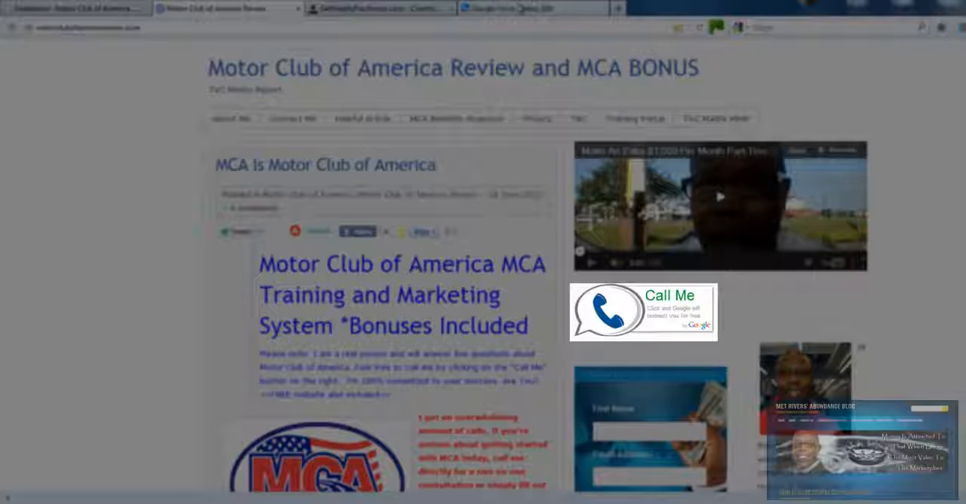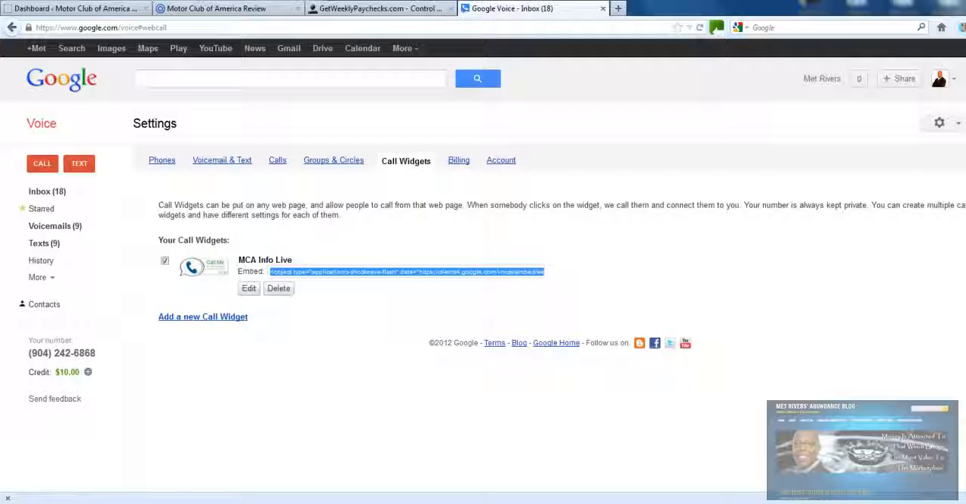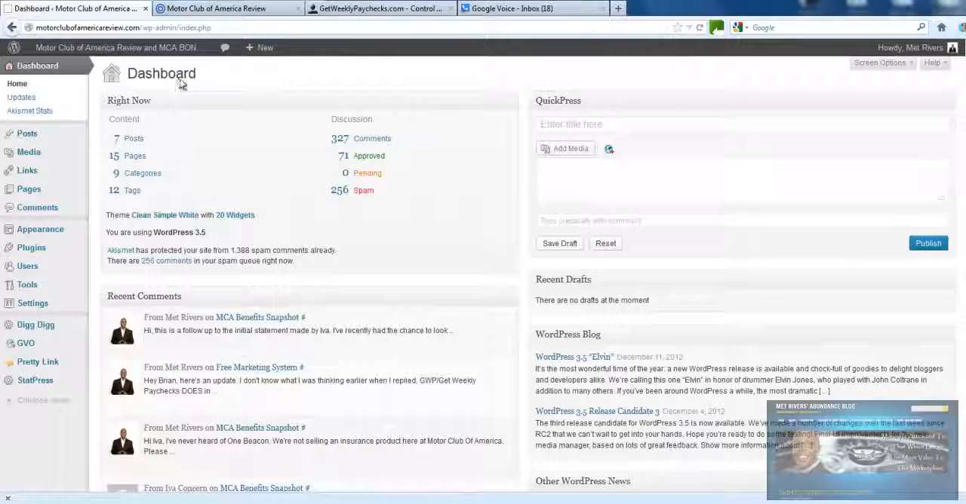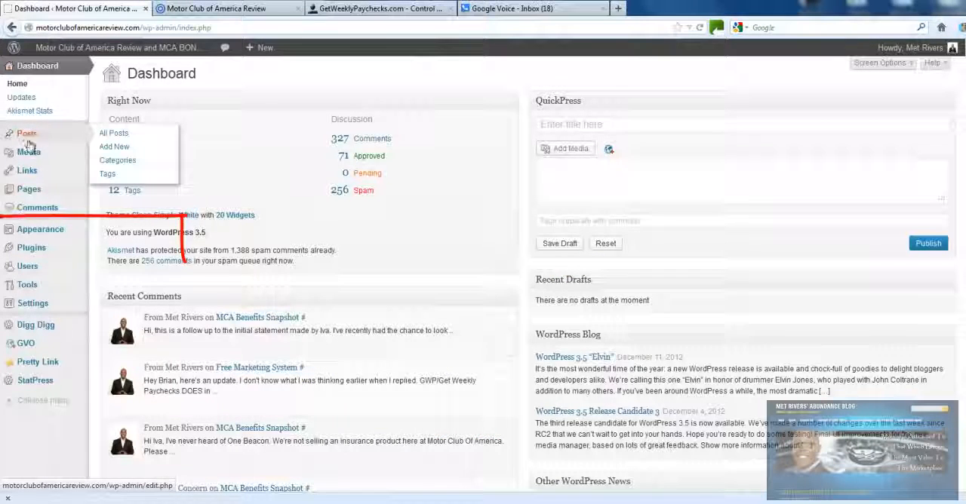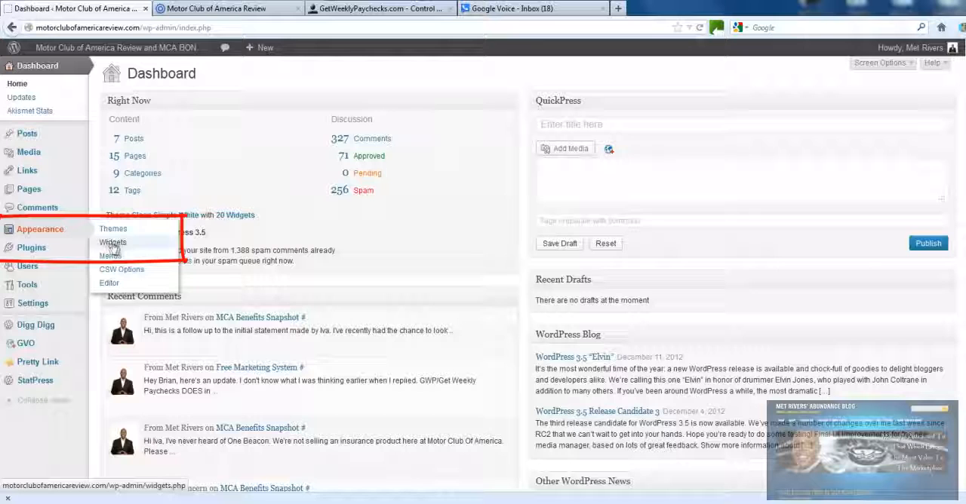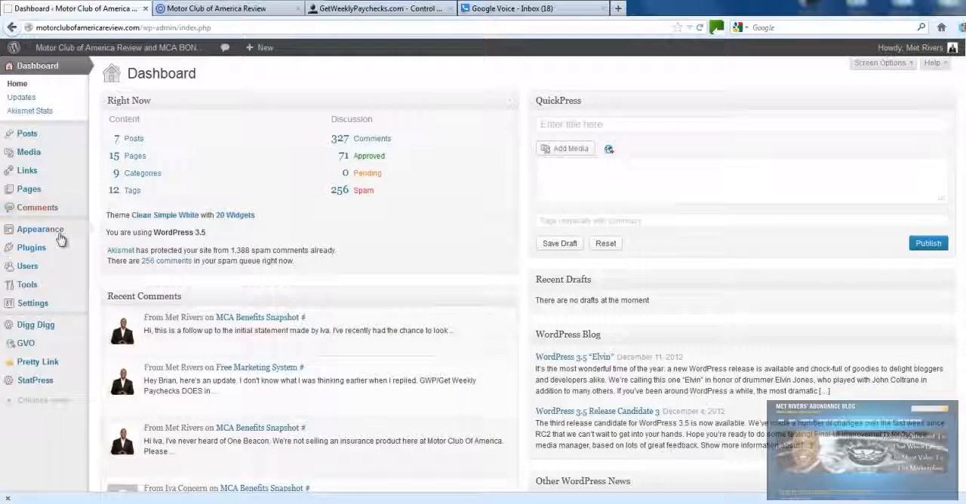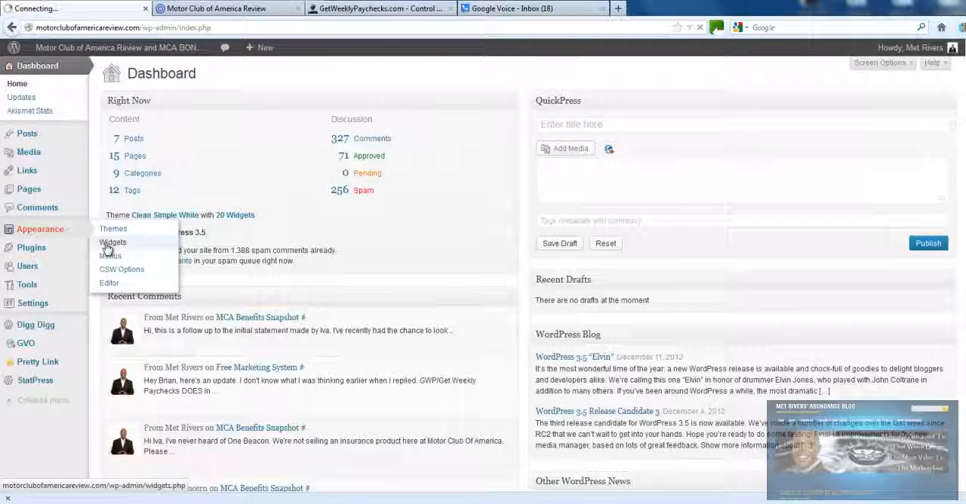And how did I get that there? Well, I copied and pasted this code. Okay, I have it copied to clipboard. And then what you want to do is go into your dashboard of your website, okay? And I go into appearance where it says widgets, because this is a widget, okay? So you have to go into the appearance to widgets, okay? When you pull that up,